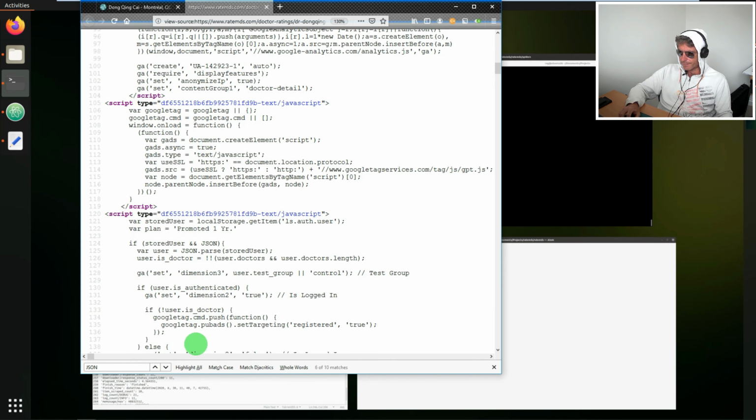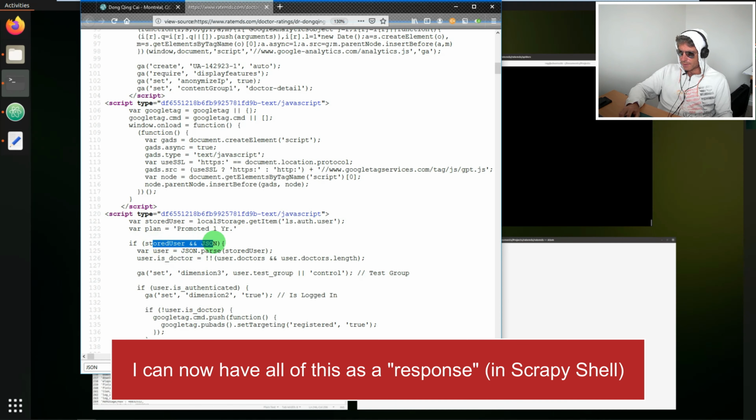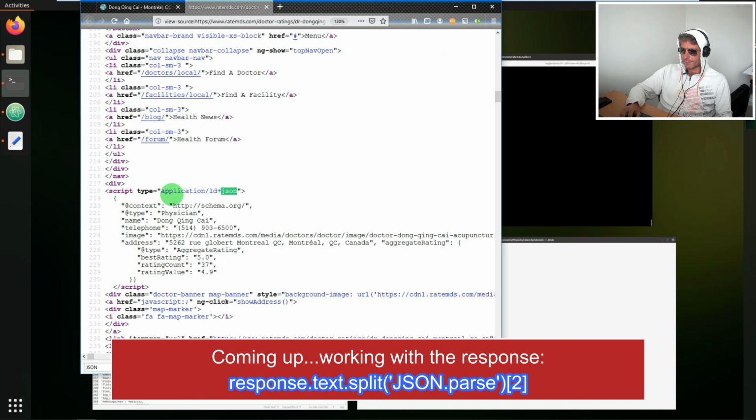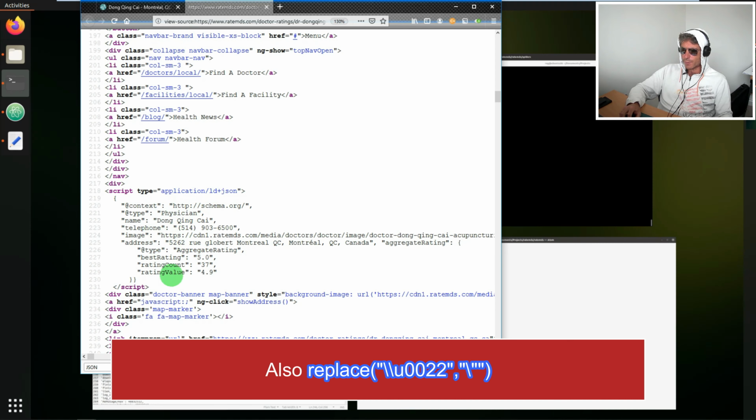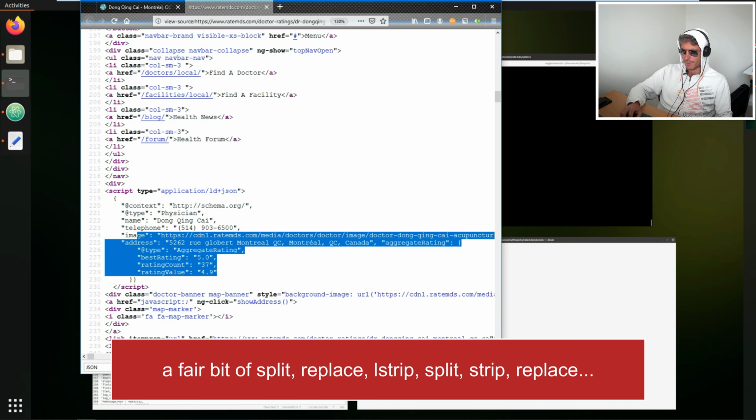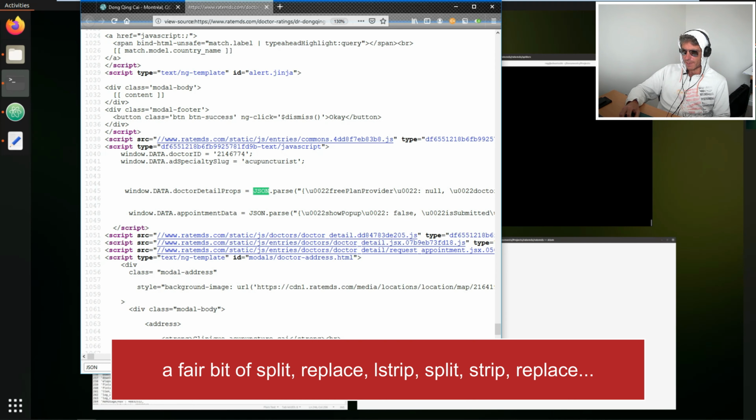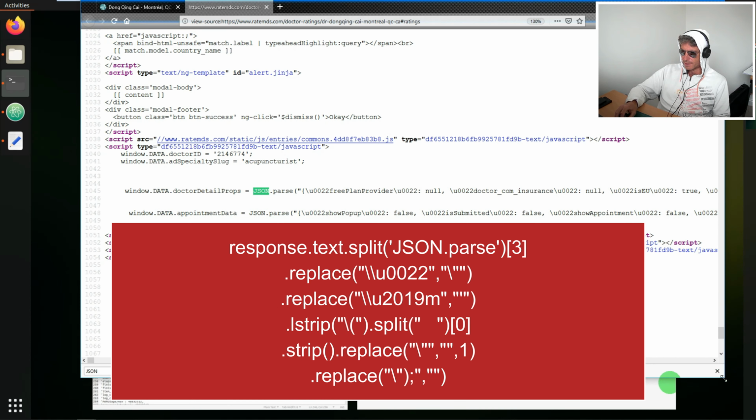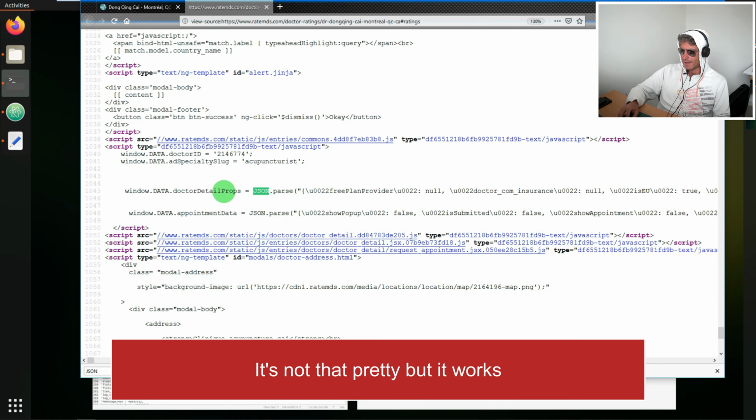Just bear with me. json.parse. This is application/ld+json. That's what I used to initially get the ratings count and so on. So we've already used that. That didn't contain what we were after. However, we're down to the last chance saloon, but